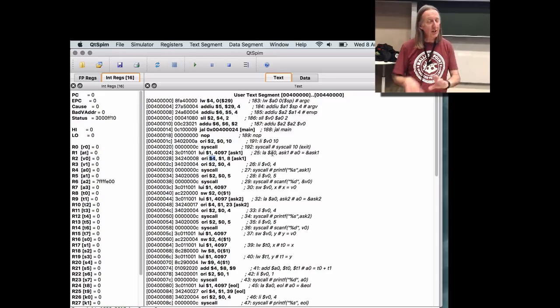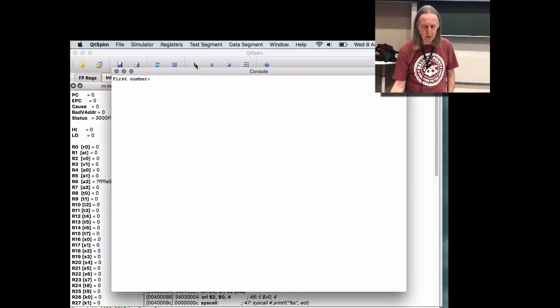So one thing, it's going to be a lot easier to read this part of the code if you start to learn what all these register numbers are. So know that $4 is $A0 and so on and so on. Of course, you can always just look over here, which might be more useful. Who knows? Alright, so one thing we can do, we can run that code and it will pop up this